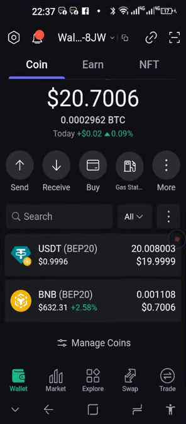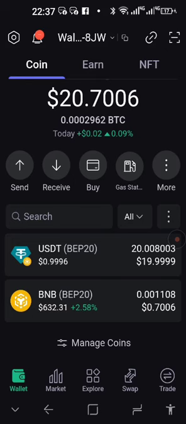There are videos on how to set up your wallet using SafePal, and SafePal only for our team. It's the most user-friendly one. So you have set up your SafePal wallet, you've loaded enough BNB to make a registration, and you have loaded the USDT. In this case, we're going to invest or start with $20.